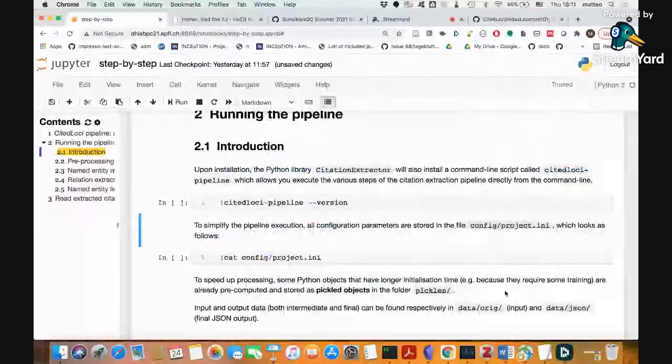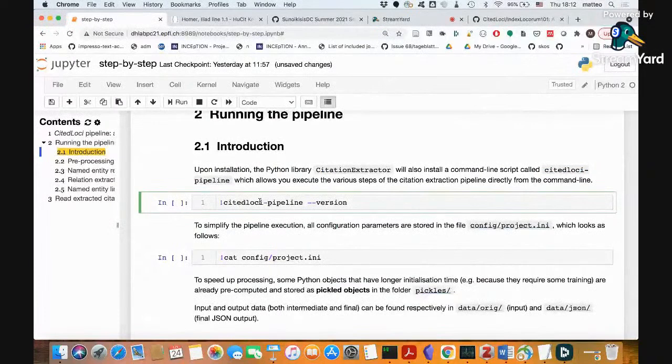Maybe one word about the Jupyter Notebook. You know that usually each cell executes Python code.